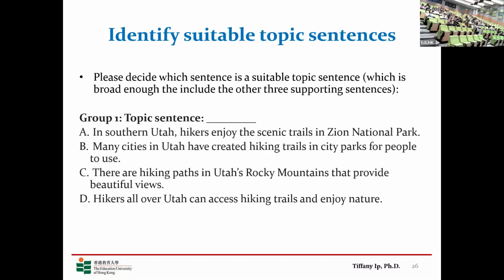And now let's do a simple exercise before you're given the chance to try to write up your own topic sentence. So from slide 22 to 24, there are 5 groups of sentences. Try to identify the most suitable topic sentence for each group. And actually, the interesting thing is the other 3 sentences will be like the supporting sentences in the same paragraph. So the one you choose should be broad enough to cover the information of the other 3 sentences. Right, so please give it a try. Write down the letter for each group.